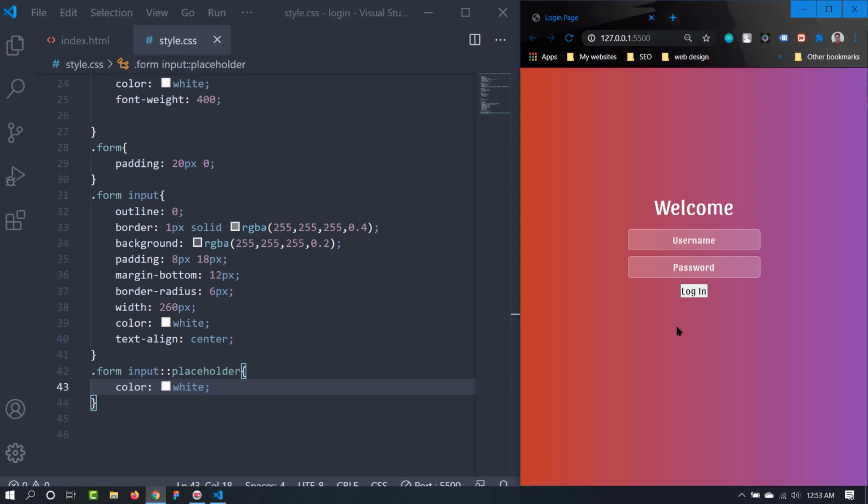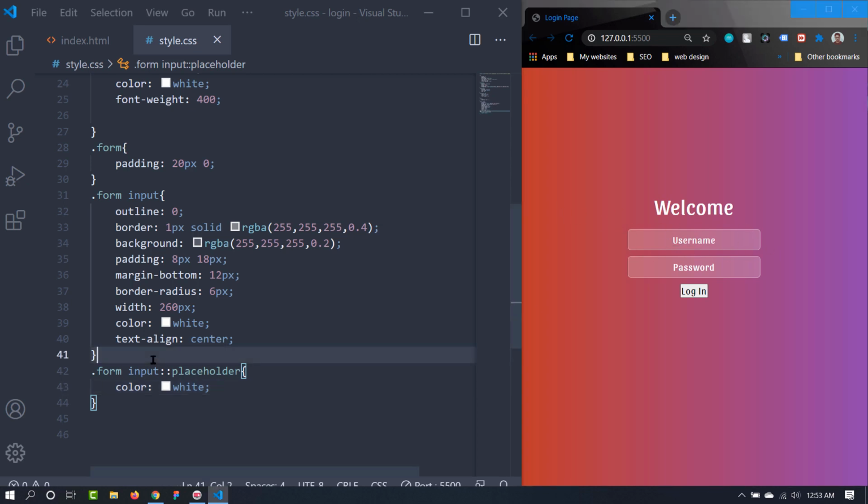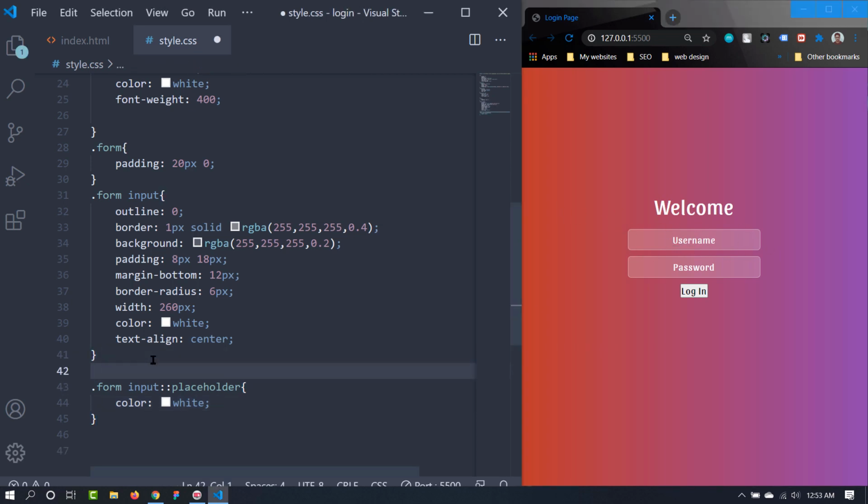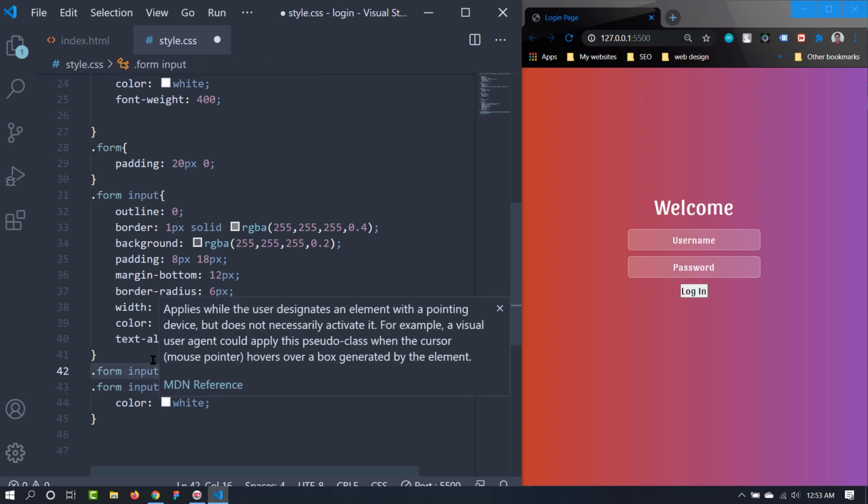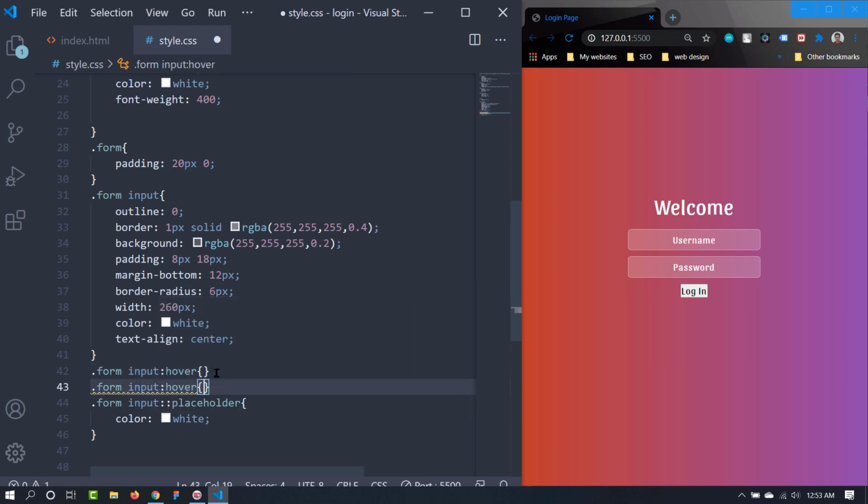We styled all of the things, but when we focus on that, nothing actually happened, so we can use a focus event for that. So let's do that. From input, we are going to apply hover and also the focus.